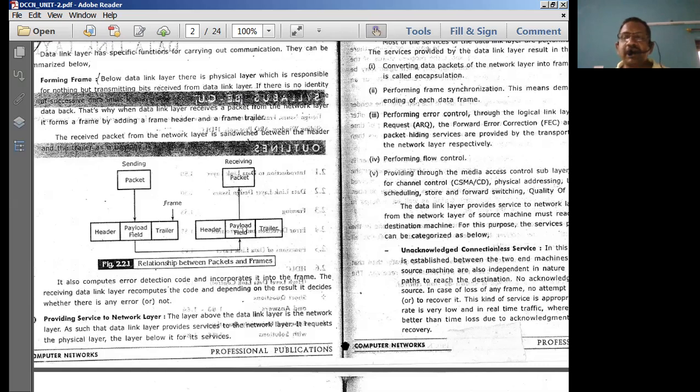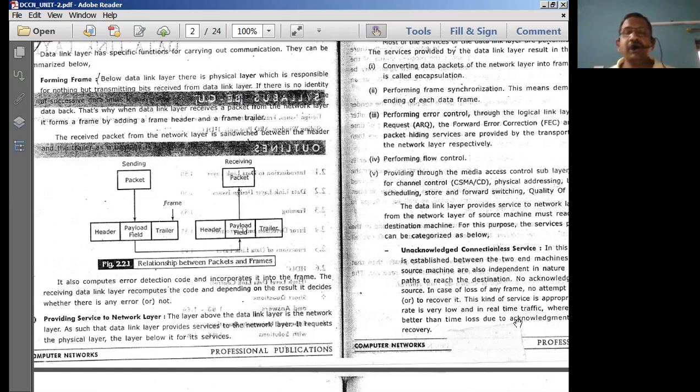The transport layer takes the input as a segment, strips off the unwanted data, takes only the data required for the transport layer, and gives that information to the upper layers: the session layer, then presentation, and finally the application layer. This is the hierarchy normally followed when data is transmitted from one computer to another computer.